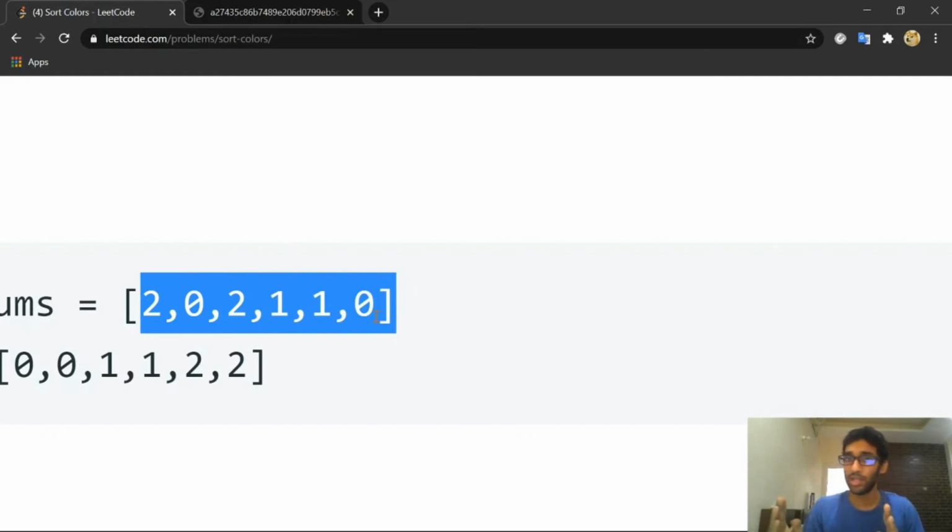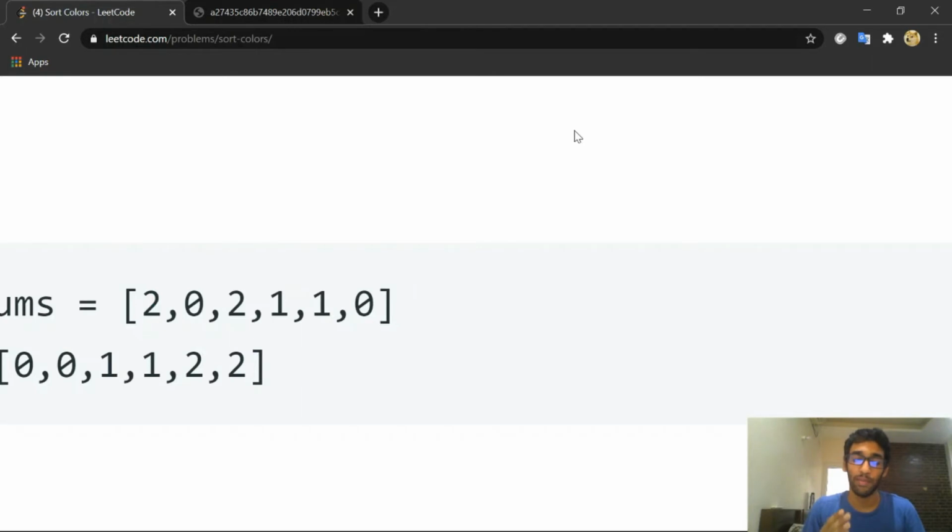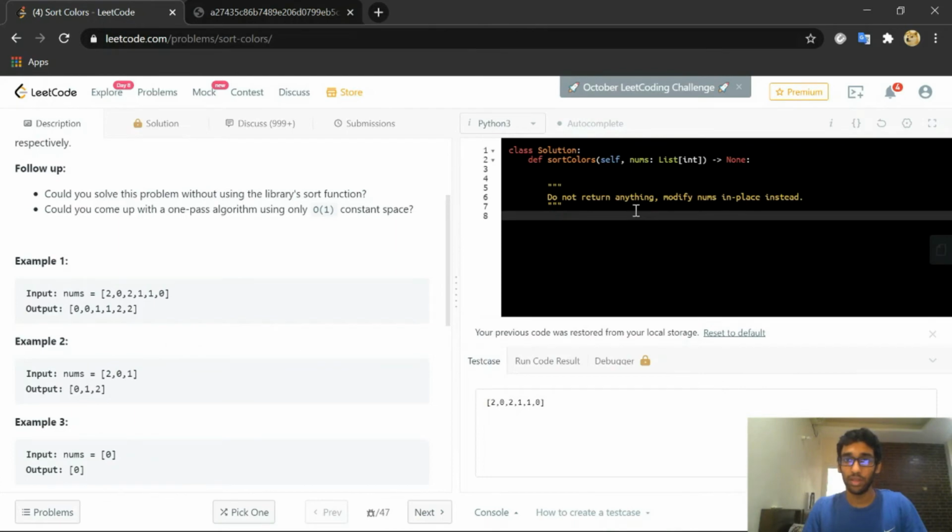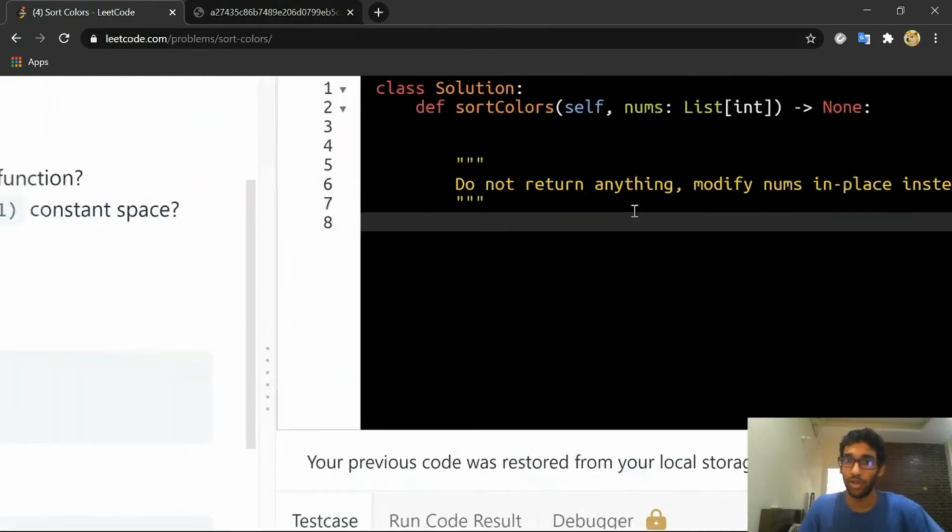The last position will be pointed to by the j index. So we swap the values at pointers i and j, and we decrement j for the next 2 to hold its correct place. If you understand this concept, since we are swapping zeros and twos to their correct positions, the ones are the ones remaining, which naturally end up in their respective positions. This is the basic concept we're going to use here.